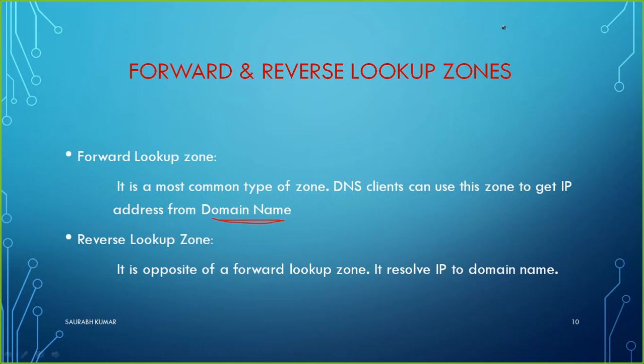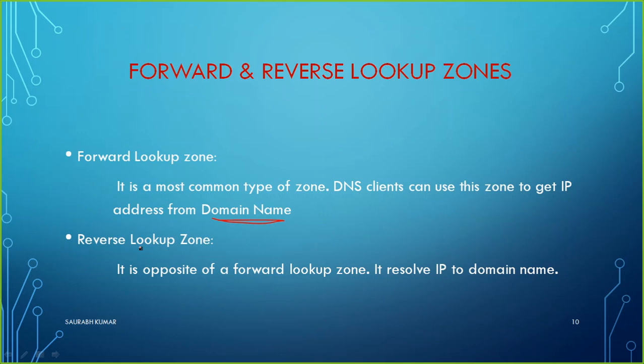So for example, if I type www.saipali.com, it will resolve and tell me what IP address is assigned to this domain. So any host name you have in your network, in your domain, you can resolve by the name and receive the output as an IP address. Whereas the reverse lookup zone works in just the opposite way. If you know the IP address of any device, you can send a query to the DNS server telling it that this is the IP, so that DNS will resolve it and respond back with the name of the host, with the fully qualified domain name.